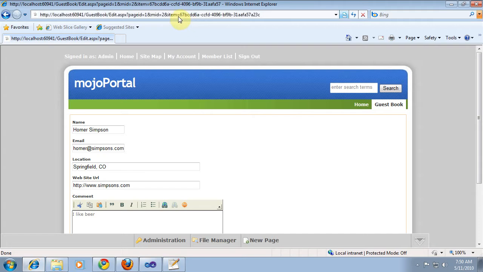So previously, when we weren't checking for this item GUID to actually belong to the module, you could have had a potential privilege escalation where someone, say, had permissions to edit a blog somewhere else in the site, even on a different page. They could put the page ID and the module ID of their blog, and that first security check would say, hey, yes, that page does have that module,